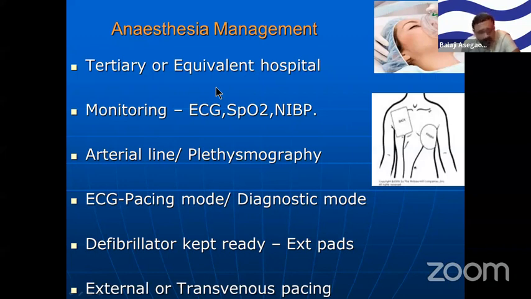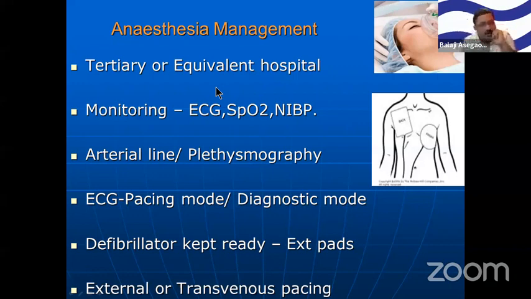Now, how to monitor the mechanical function of the heart? One is the electrical function of the heart, which we are monitoring with ECG. But the mechanical function of the heart, whether contraction is actually happening, whether adequate cardiac output is actually generated, one can monitor with the presence of an arterial line. Or another way, for smaller cases, is plethysmograph. It also indirectly tells us about the mechanical function of the heart.